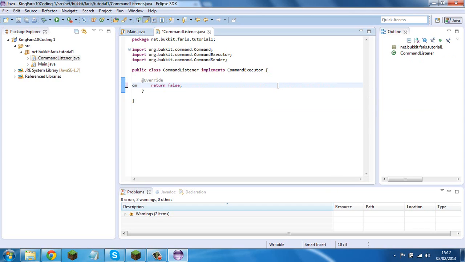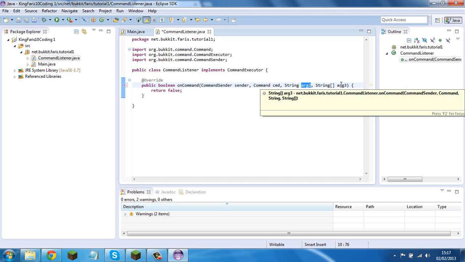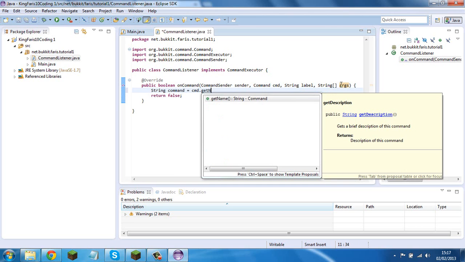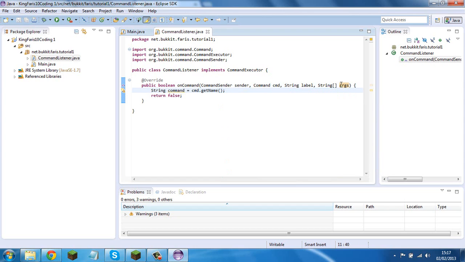Change this to cmd. Sorry about that. This one is args. No, this one is label. This one is args. So now you're going to get the command. So string command equals cmd.getName, and now it's